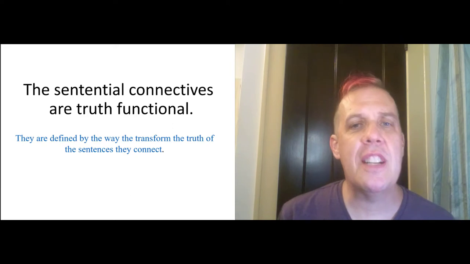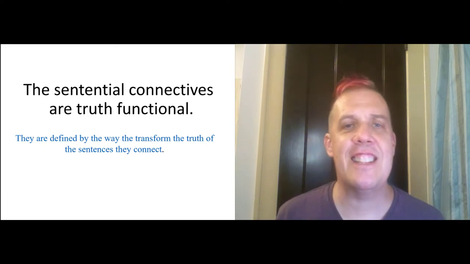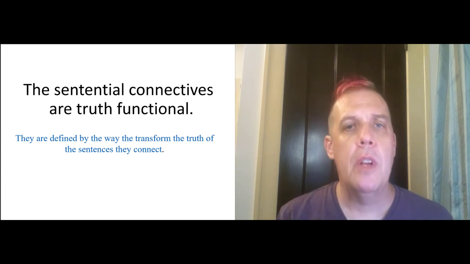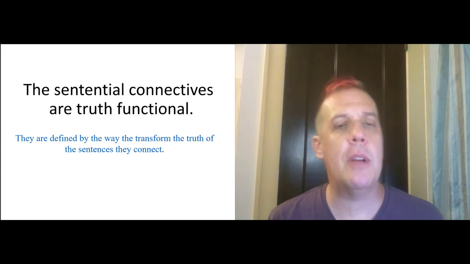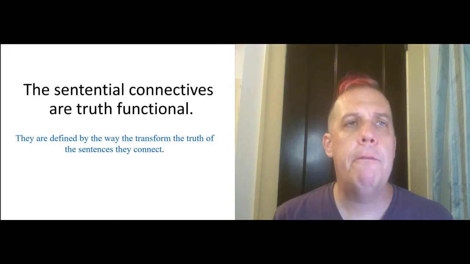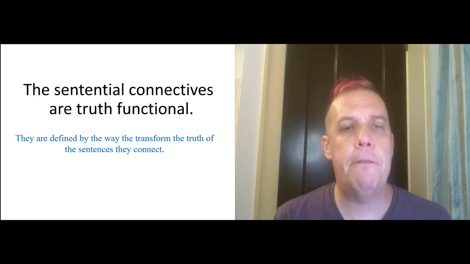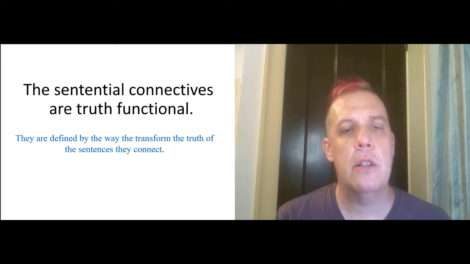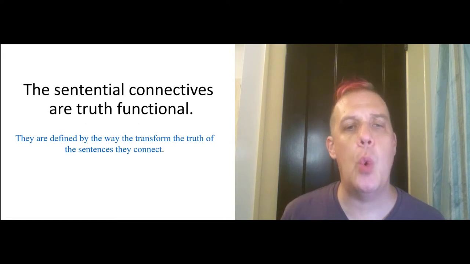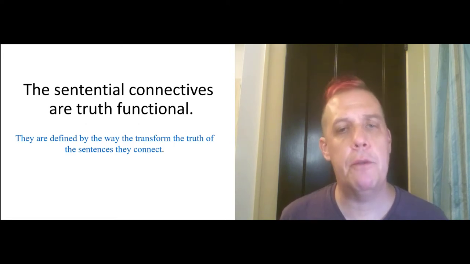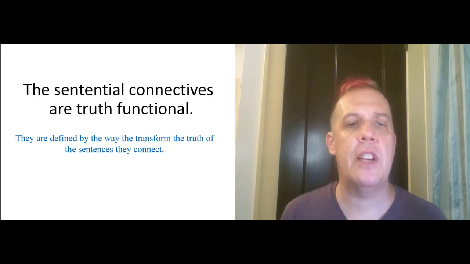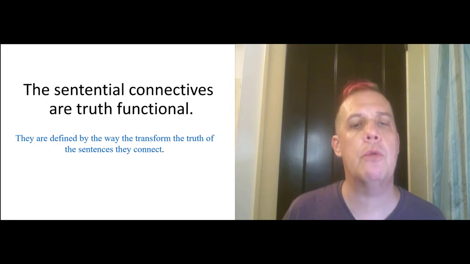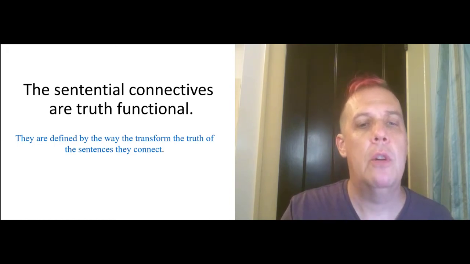So one interesting discovery is that this class of words, and, or, etc., actually have an interesting property in common. They are all truth functional. They are defined by the way they transform the sentences they connect. So if you have a sentence A or B, A and B have truth values, and then the whole sentence, A or B, is a simple function on those original truth values. So,